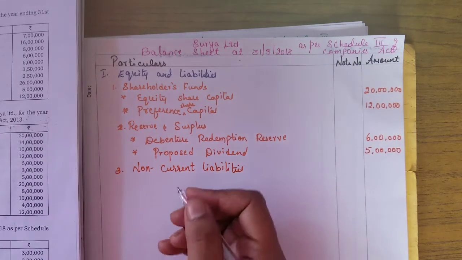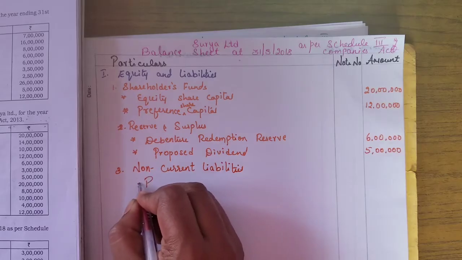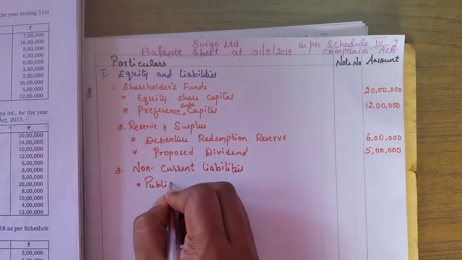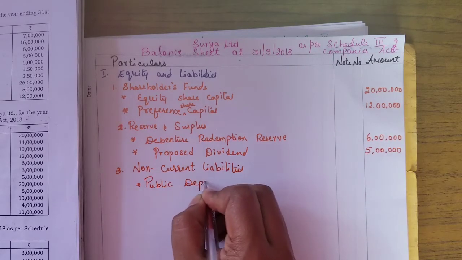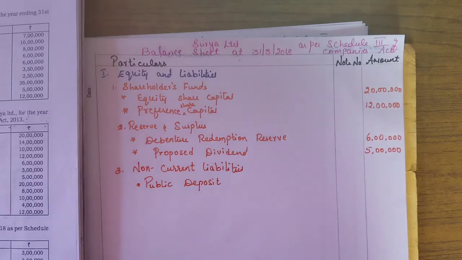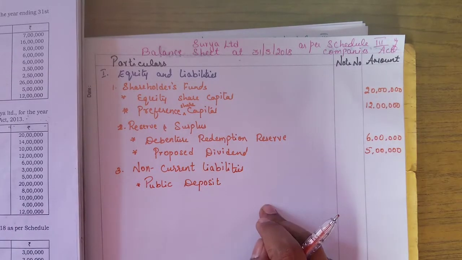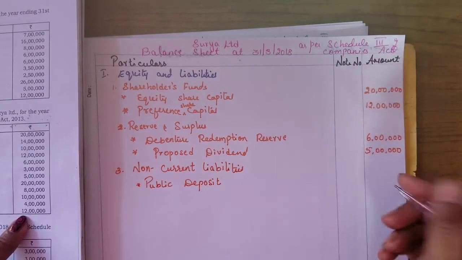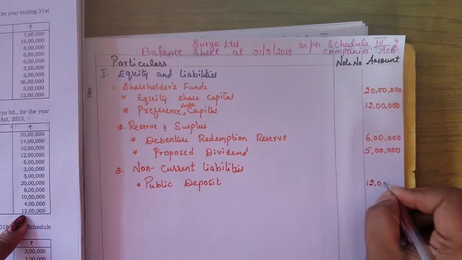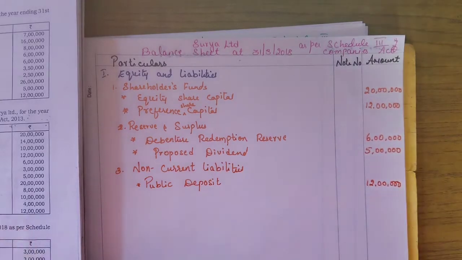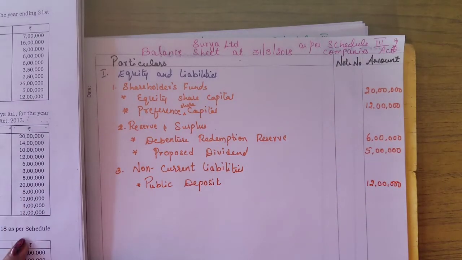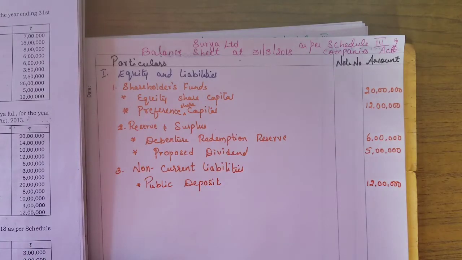Under this we have public deposits. That's a borrowing. It's just like a borrowing from the public. Okay. So what is the amount? It is 12 lakhs. I'm just referring to the amount here. Okay. Next we have